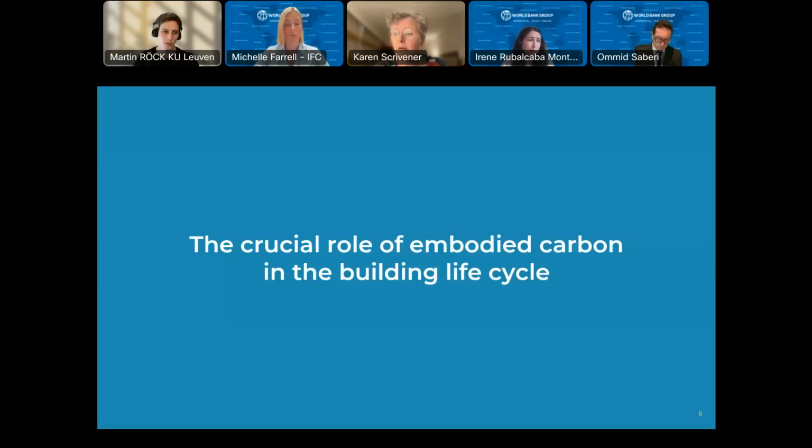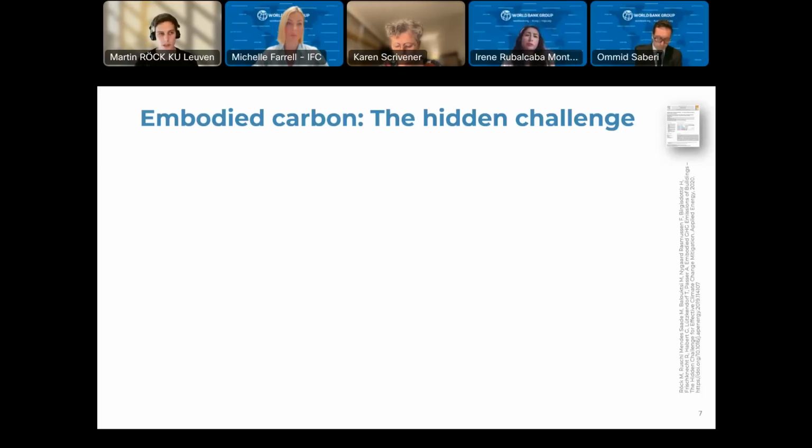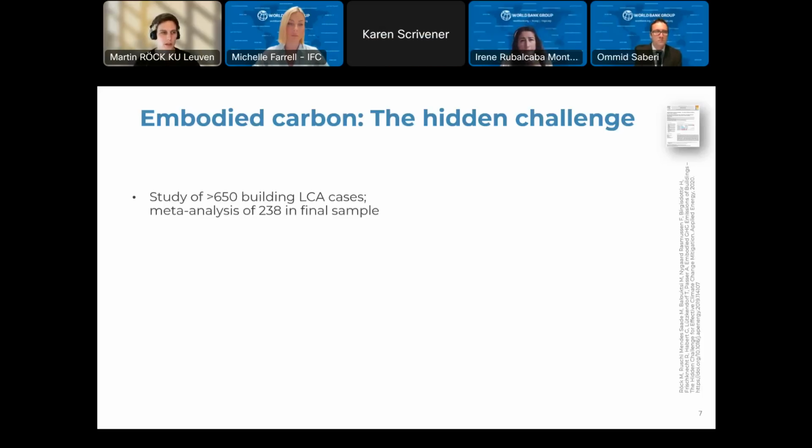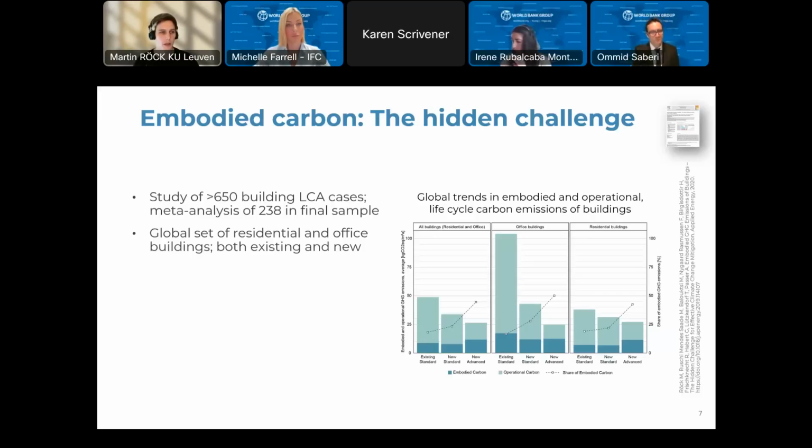Now I want to give you some insights into the crucial role of embodied carbon in the building life cycle. We already heard the embodied carbon perspective on different construction materials. Now I want to tell you why we think that it's really the hidden challenge for buildings, for new buildings in particular. And these results are based on a study that we did analyzing more than 650 building life cycle assessment cases. And based on a global data set of both residential and office buildings, we could show that previously